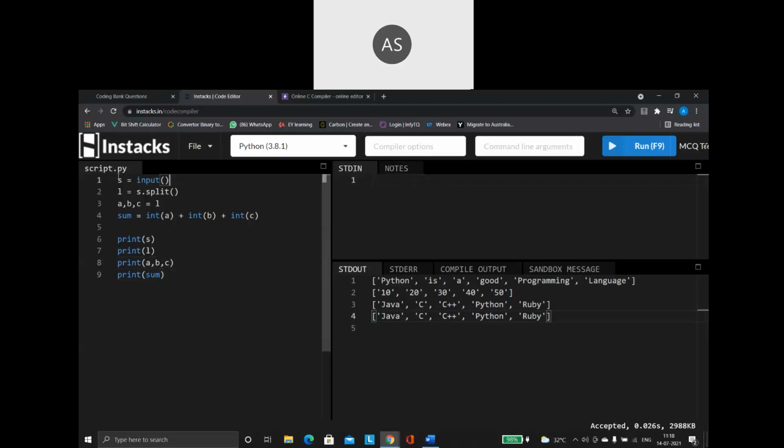When I'm going to run this code, for yes, I am supposed to give an input. So remember, input is a function which is used to take the value dynamically from the user. That is, when I'm going to run the program, it is going to ask me for the value dynamically. Right. So that is the purpose of my function here. So let me run this.